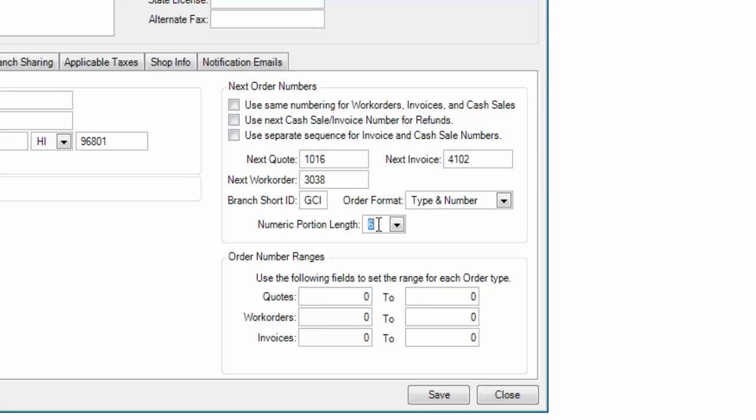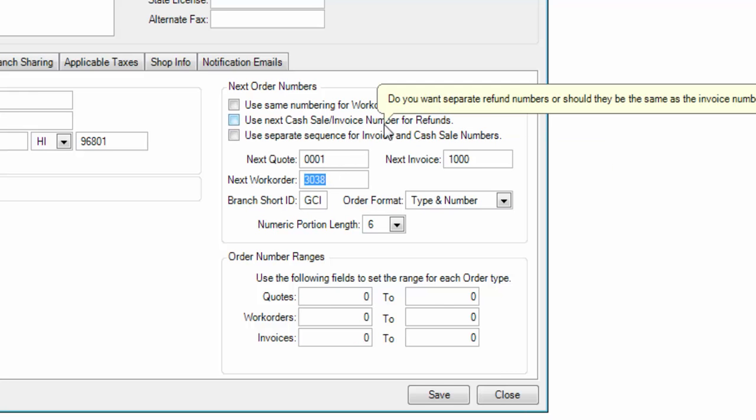The numeric portion of the sequence is set here. So what this is saying, our next quote is going to be Q001016. We can set that to be whatever we want. So that would be Q000001. So next invoice would be I001000. Next work order,